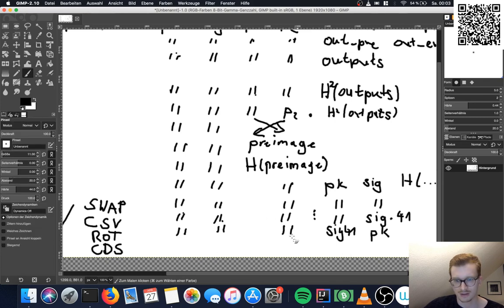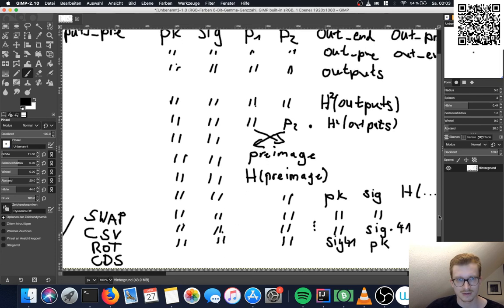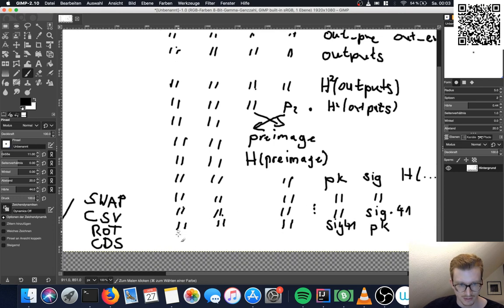So after the check sig verify succeeded, we'll only have these three things left, which, as a reminder, is the public key, the signature, and the hash of the pre-image.